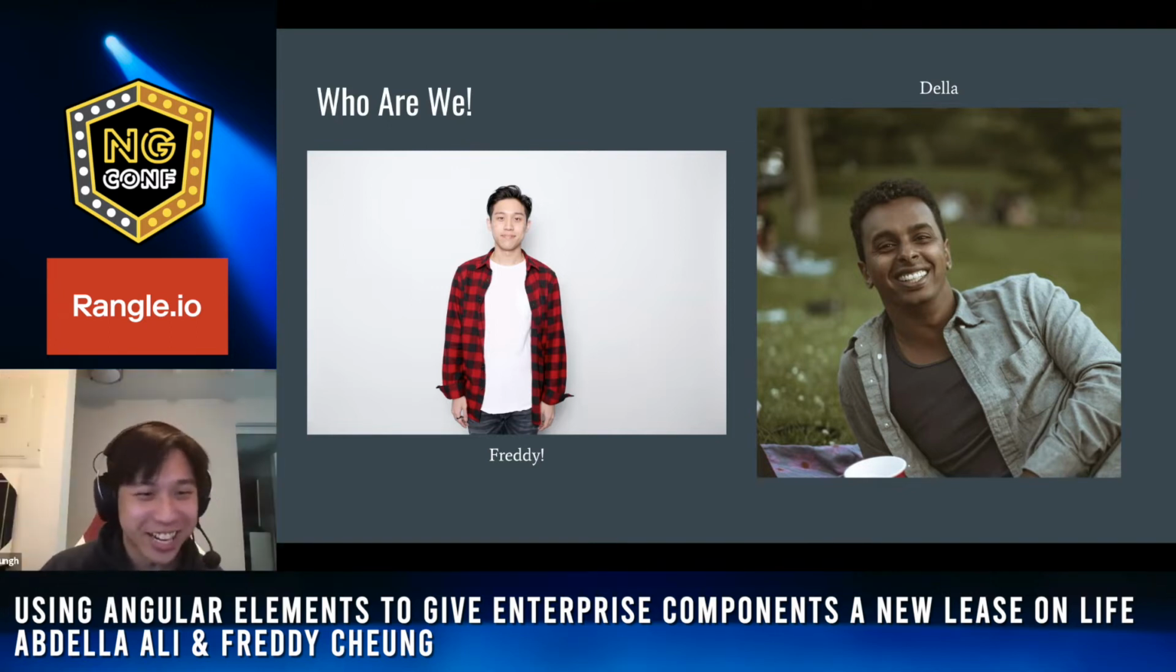Hi, I'm Freddie, and based on the slides, I'm on the left. I'm a software developer in Toronto as well. As Della mentioned, we work together at Rangle.io. I haven't been there as long as Della, but I think it'll be my third year in May, so that's kind of exciting. Over the past 3 years, I've been working solely in Angular, so I had the opportunity to dig into the nitty-gritty portion of the framework itself,